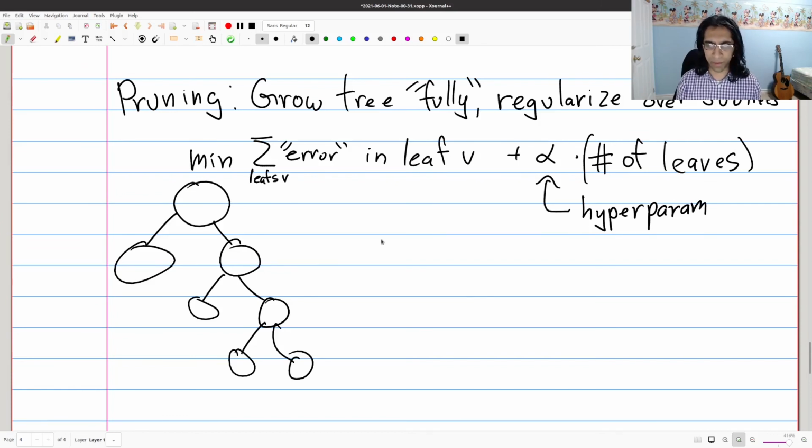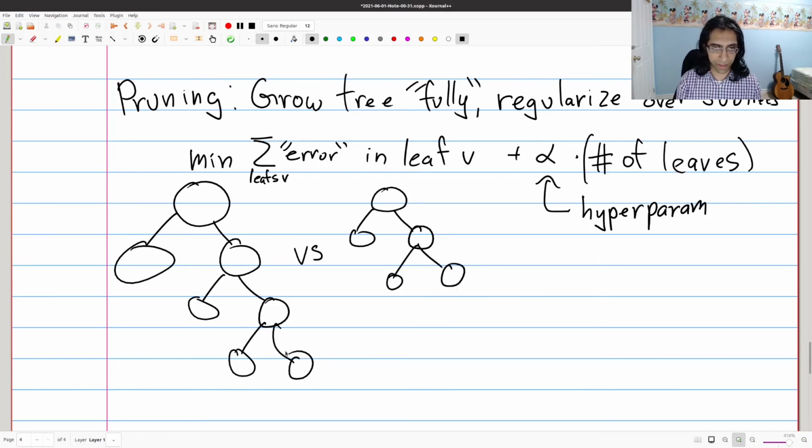So what do I mean by minimize the number of leaves? Well, the idea is we can prune this tree. One way of pruning is just sucking some of these back up into their root nodes. So this is one tree that we could prefer. That's the final tree that we would have learned. But another subtree is something that looks like this,